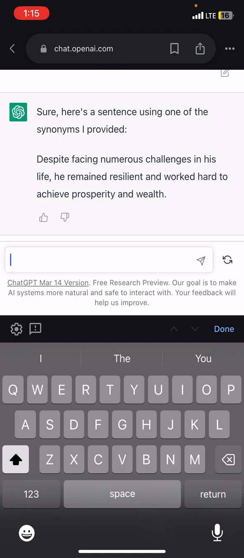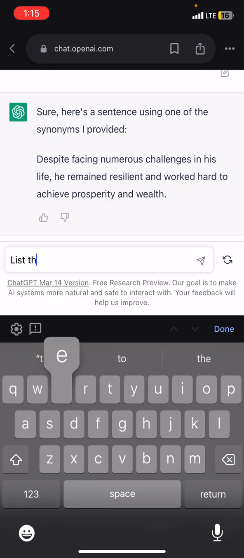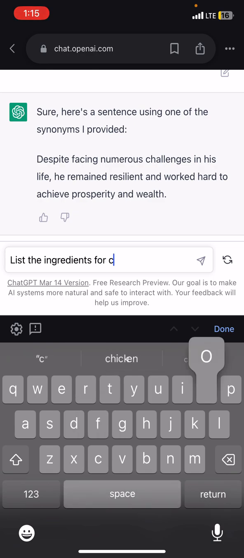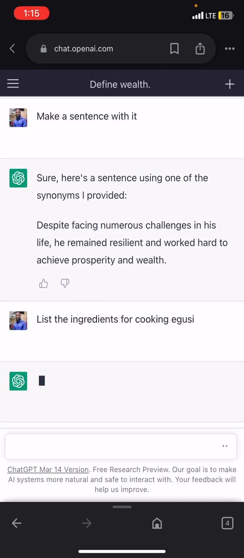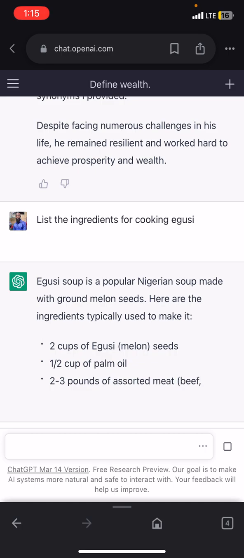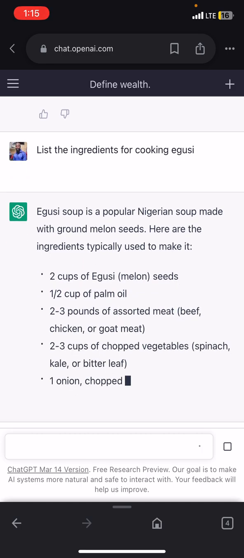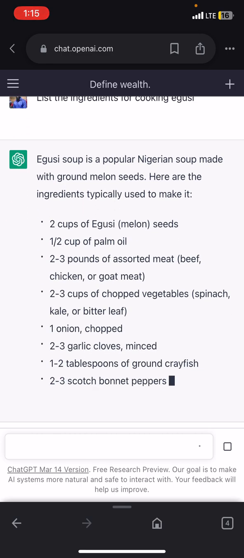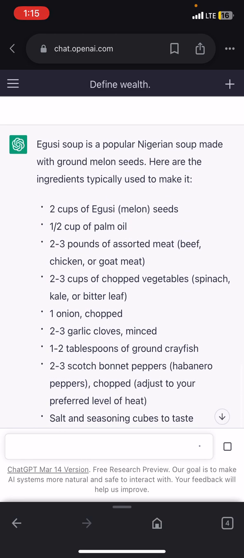For instance, you can tell it to list. You can use the list prompt or command. You can say list the ingredients for cooking, let's say egusi. Though I'm not sure about this, but let me try. Wow. Come on. Wow, I'm impressed. Egusi soup is a popular